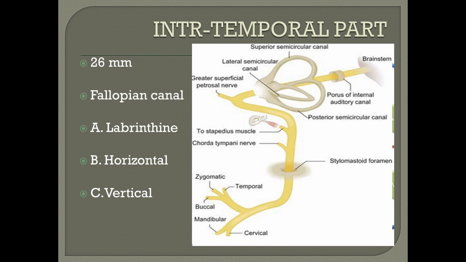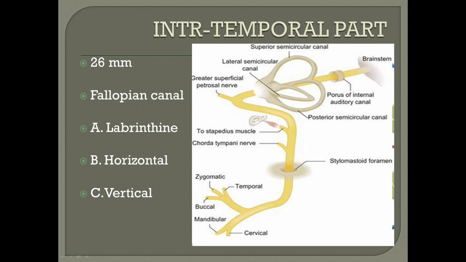Now, the second part of the facial nerve is within the temporal bone, and here, as ENT people, we are dealing with any lesion, and we have to be very well versed about the course of the facial nerve, because sometimes it can have a variation. The total length of this segment is 26 millimeters, and the whole of this part is within one bony canal, which we call the fallopian canal. It starts at the lateral part of the internal auditory meatus and ends at the stylomastoid foramen.